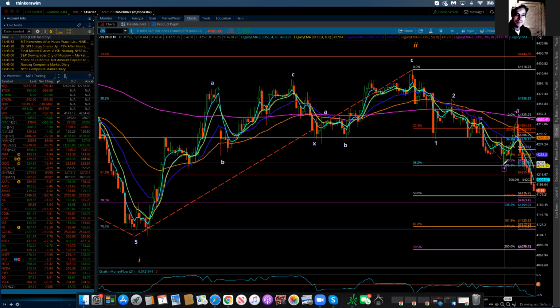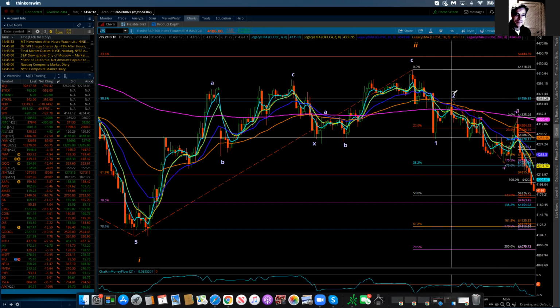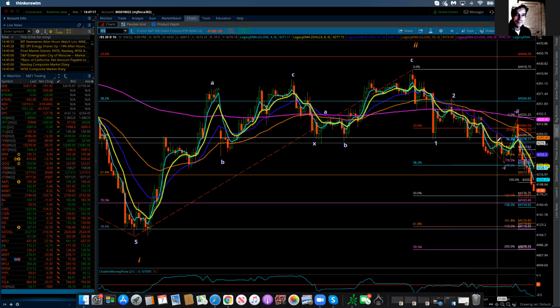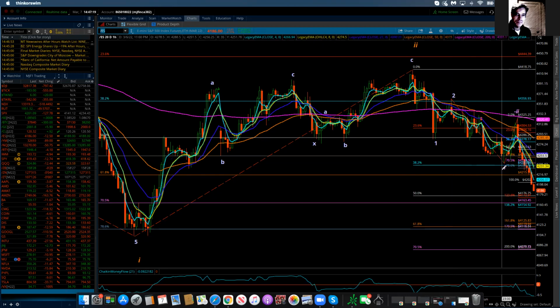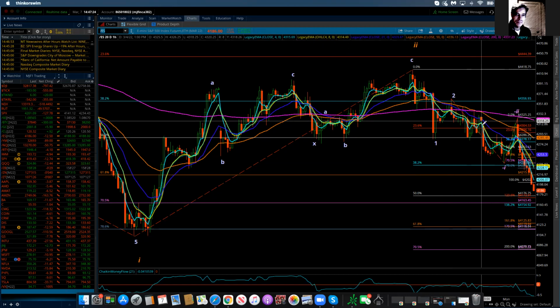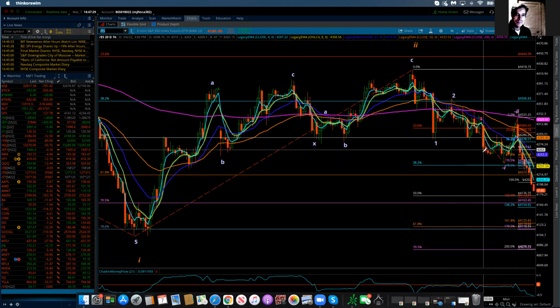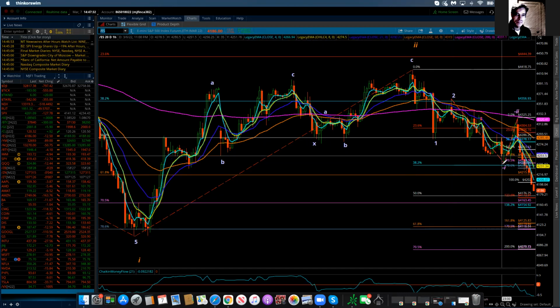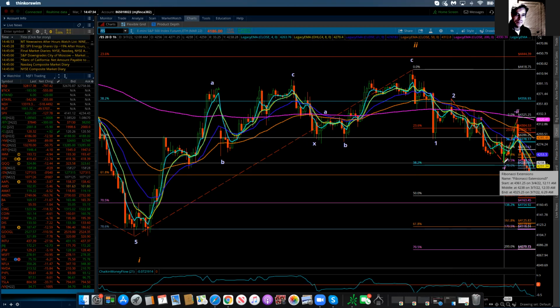So we need to form 5 waves of sub-minute degree to complete the minute third wave. So here we have minute 1. But basically, let me just start again by where we left off last night during Globex. The Globex opening was a gap lower. And then the market continued to move lower as the evening progressed. In fact, when the European markets opened, it had reached its Globex low, and that was at 42.38,